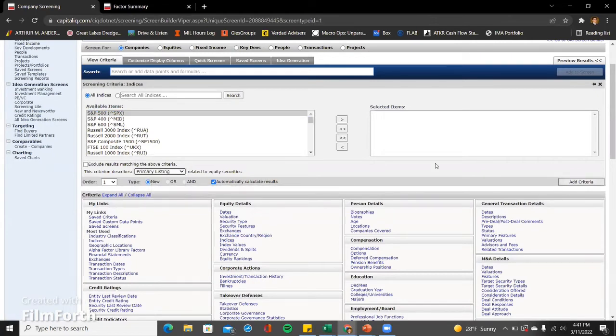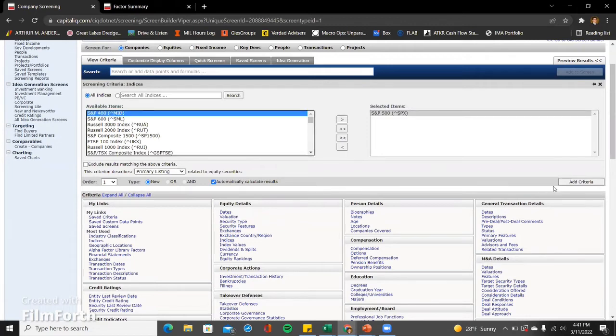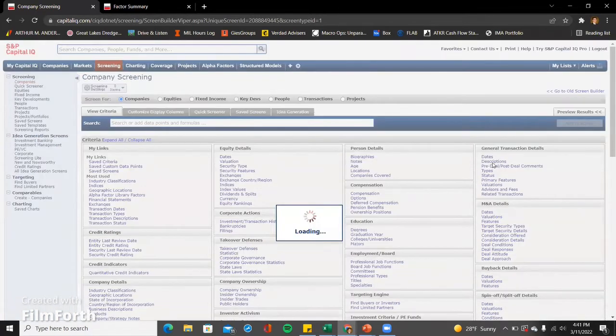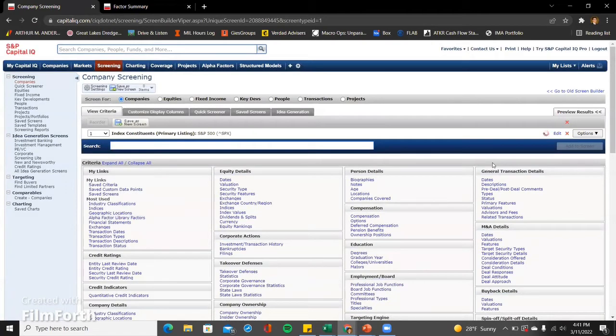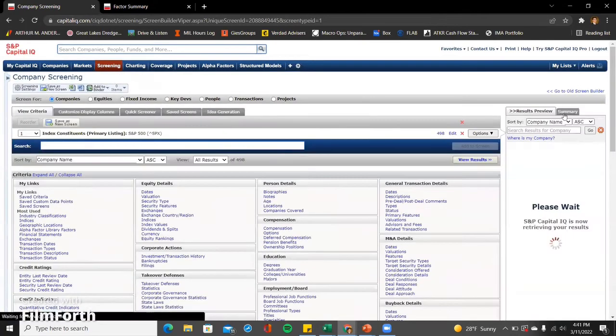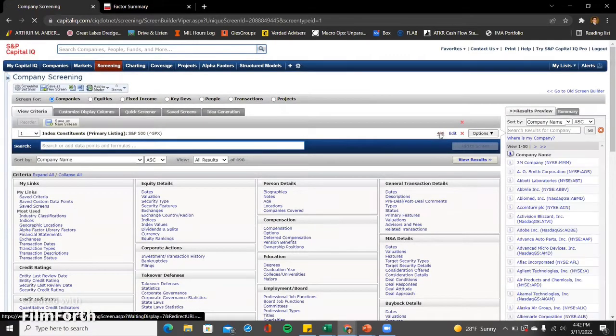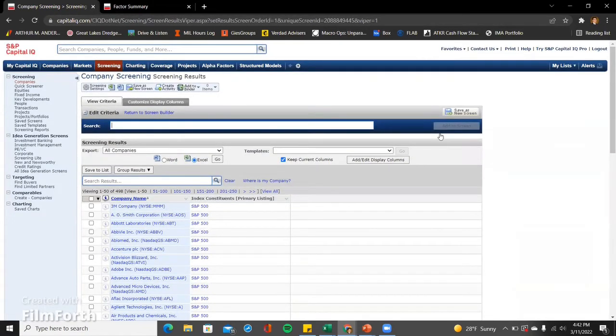So these companies are primarily listed in the S&P 500. Left click that arrow, add criteria, and we should have 500 companies from which we're going to choose our high earnings quality and high growth stock. We'll give it a couple seconds, but once the number is lined up, and I guess, well, it's not fully 500 that are only primarily listed on the S&P 500, but now that we've got our 500 names,